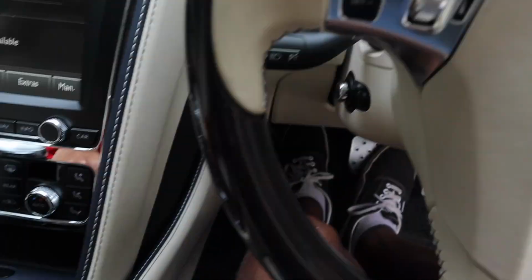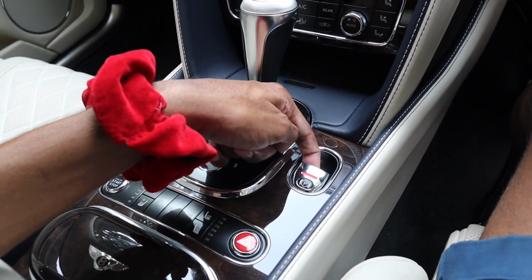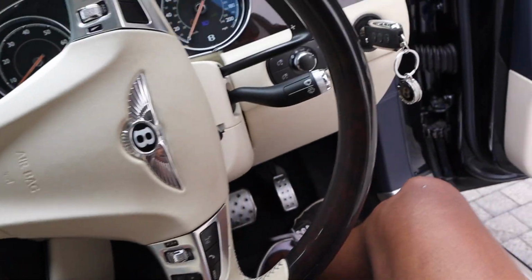Right now it is engaged. To disengage it, put your foot on the brake and push down. And to engage it, just pull up. Alright, so let's go ahead and turn on the automatic headlamps, the fog lights, as well as the high beams, hazards,